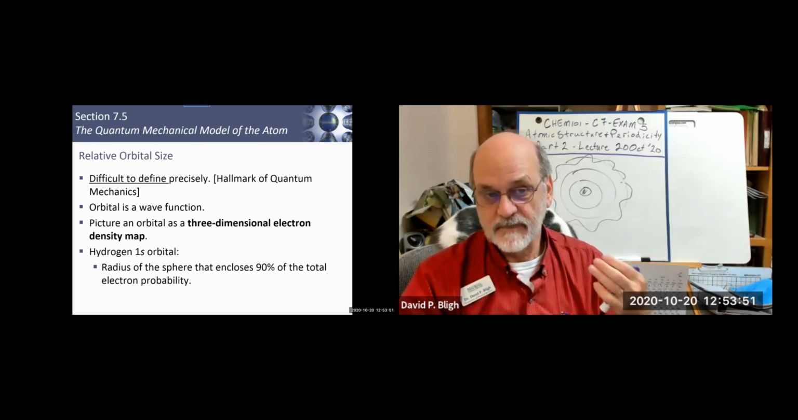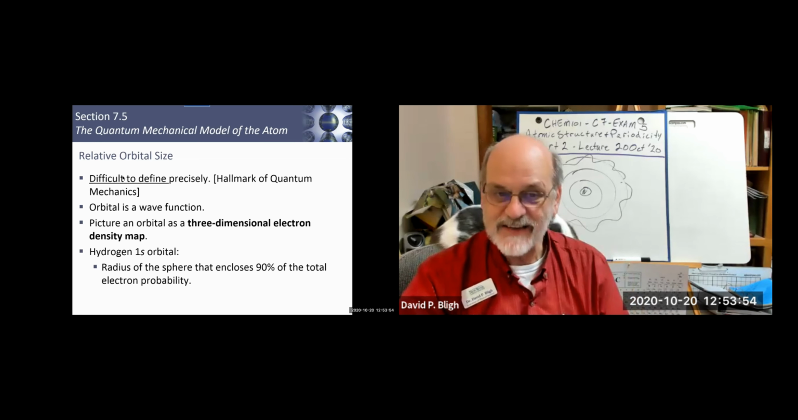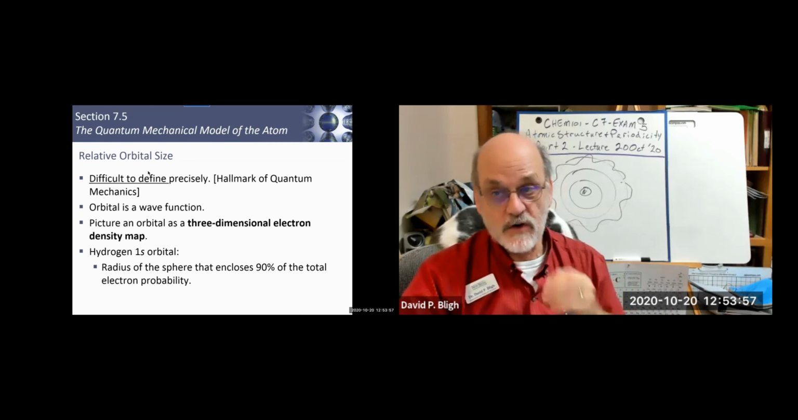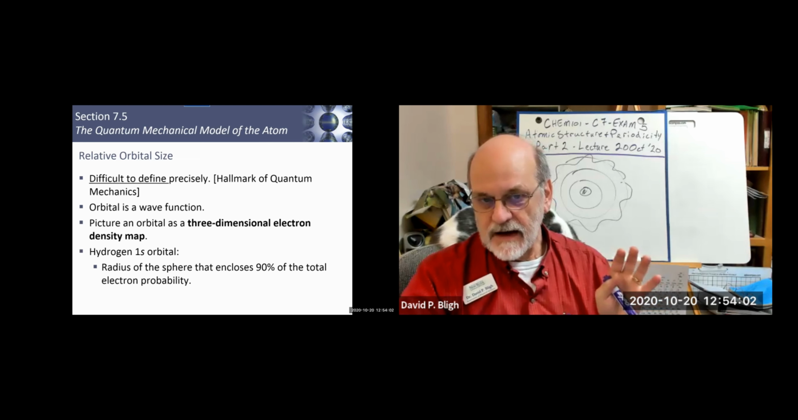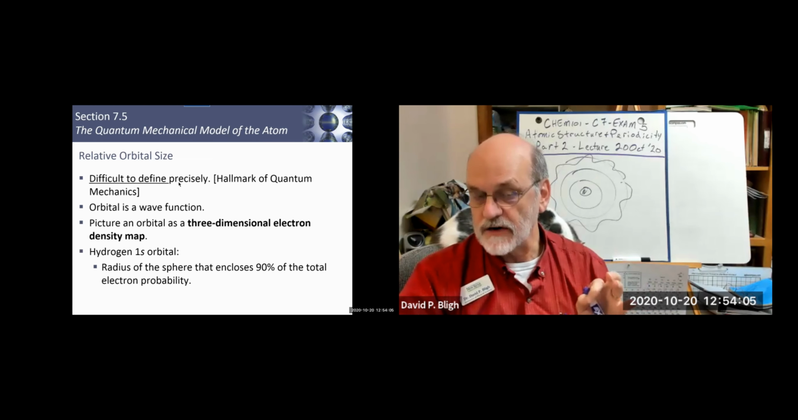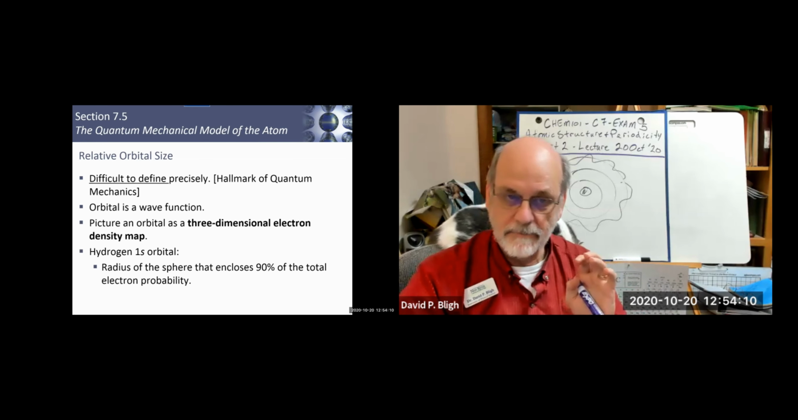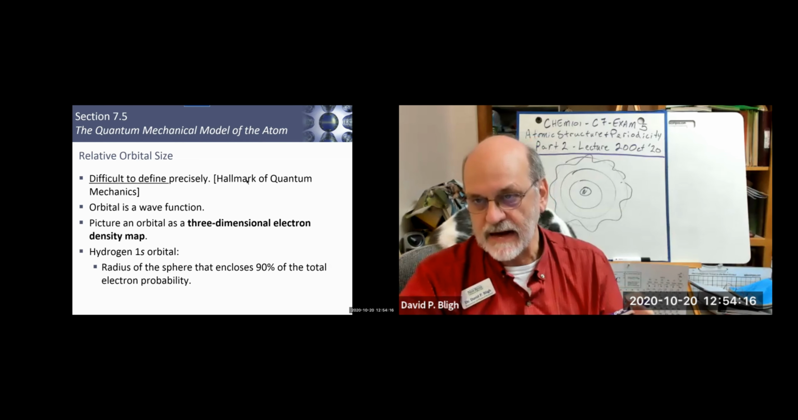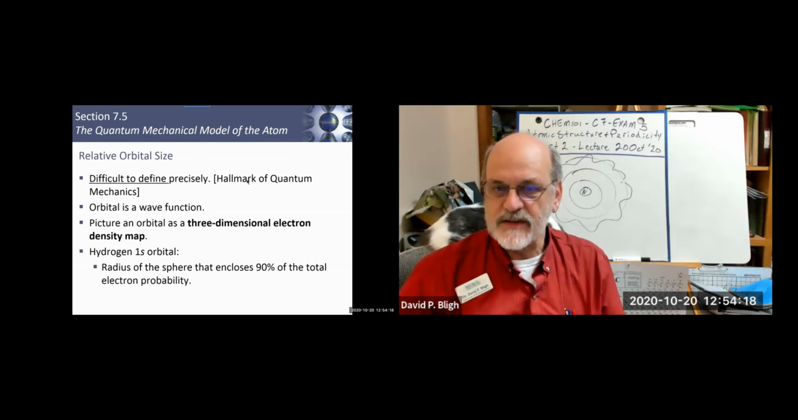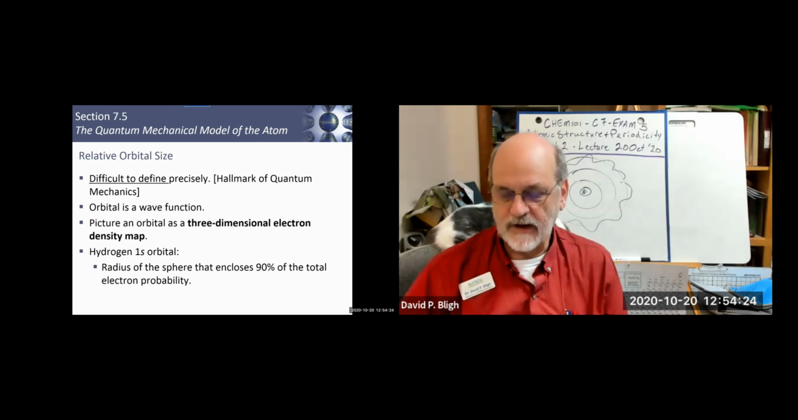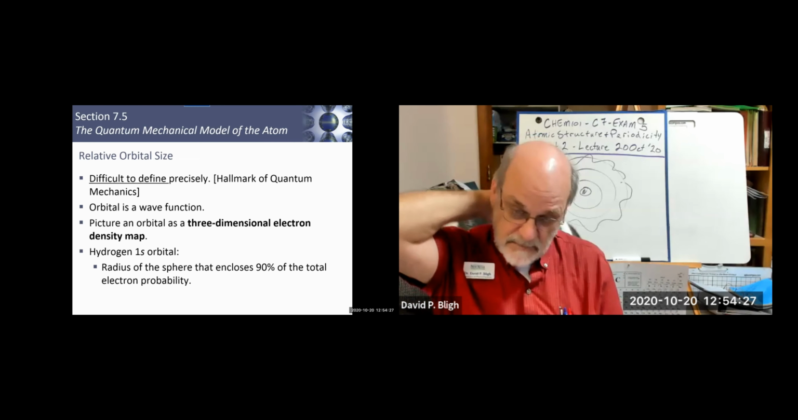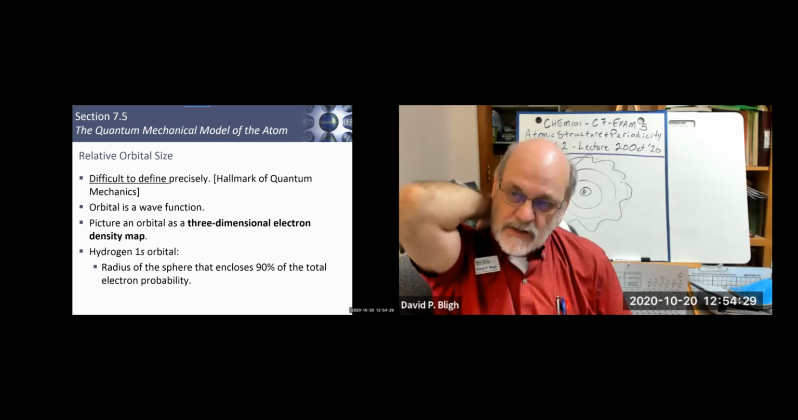We can't define precisely the size of the orbital. All we can do is give probabilities. And this imprecision in our knowledge of where the electron is and what it's doing there is one of the hallmarks of quantum mechanics. Quantum mechanics is basically a set of probability equations. Right? That's what gives most students trouble, is coming to terms with the fact that